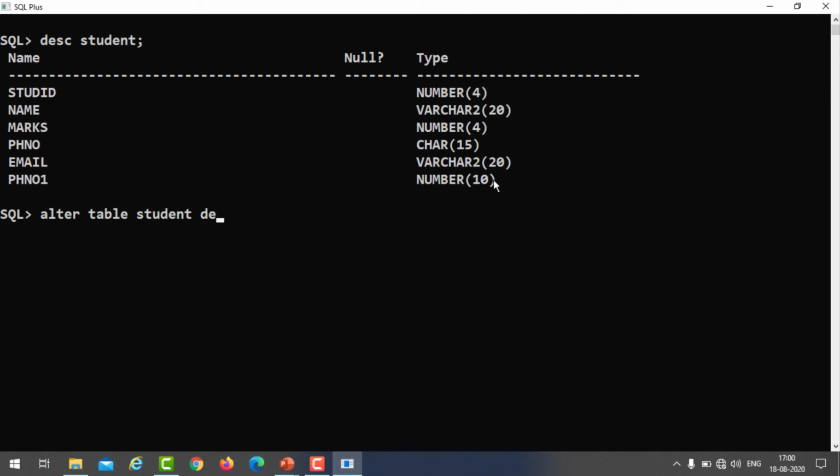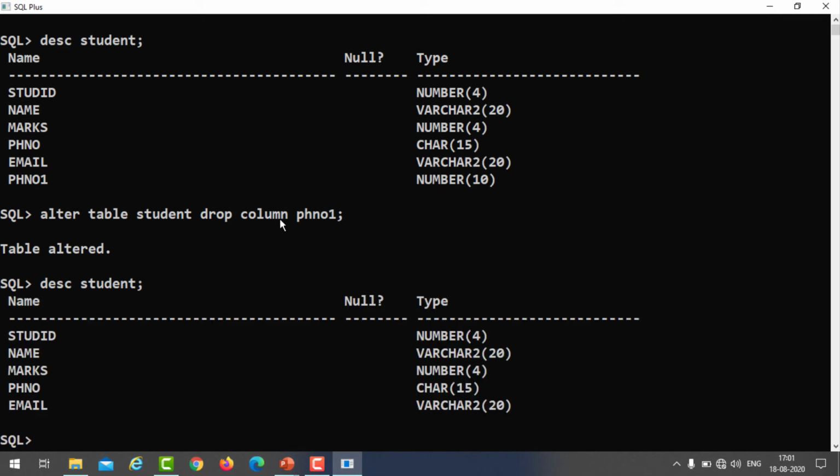Then the COLUMN keyword, you must declare while removing. Then which column am I removing? Phone number 1. Table altered. If you know the syntax, SQL is a very simple and easy language to learn.